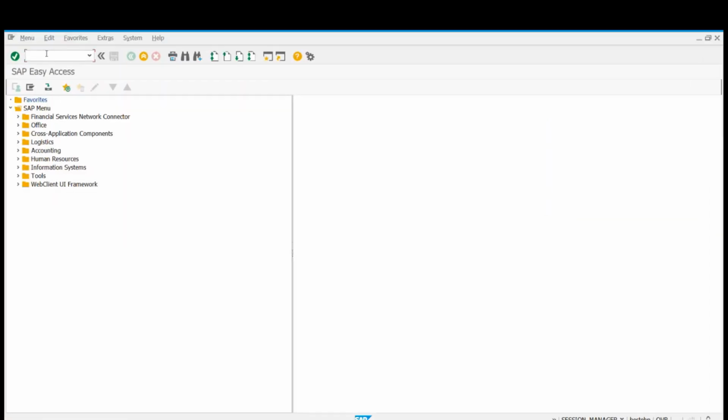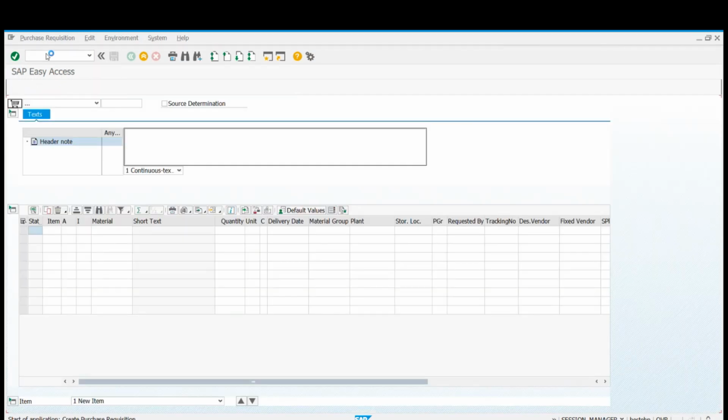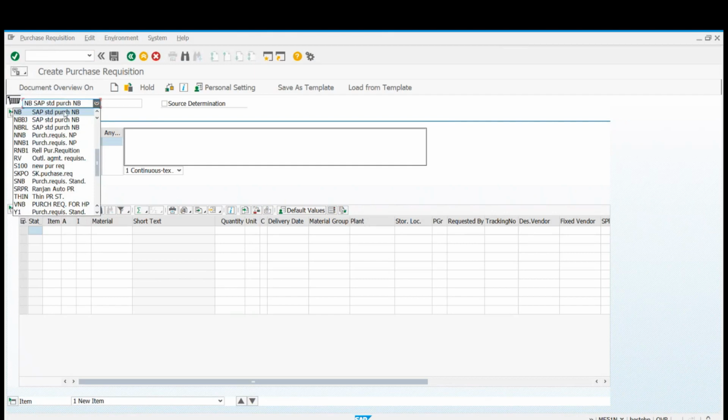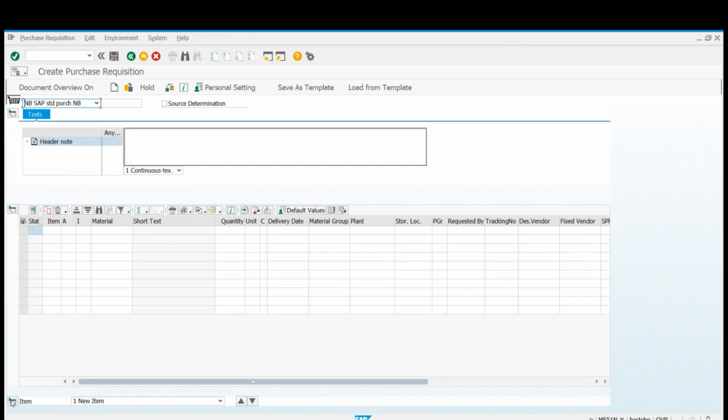Okay, so I'll create a purchase requisition in ME51N. So we'll select document type as NB. Okay, if you see the screen, this is similar to purchase order screen. There is header section, there is item overview section, and then we have item detail section.